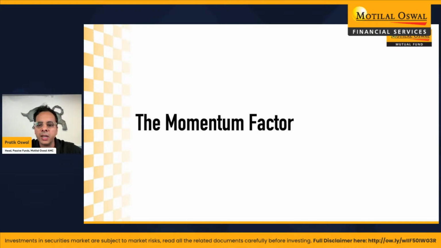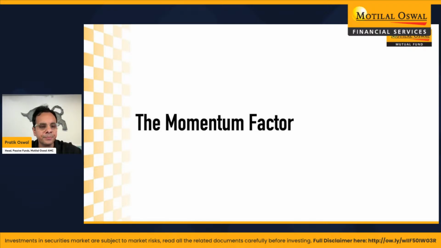The whole idea behind factor funds is that they have the benefits of both an active as well as a passive fund. When you're investing in a smart beta or factor fund, you're getting the low cost nature of a passive fund, but also the advantages of the high returns that come with actively managed funds. So it's actually the best of both worlds. What we've seen in India and also globally is that factor funds over long-term periods tend to outperform broad benchmarks like Nifty and Sensex.